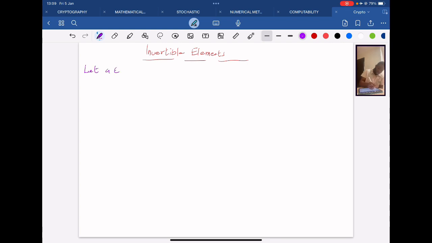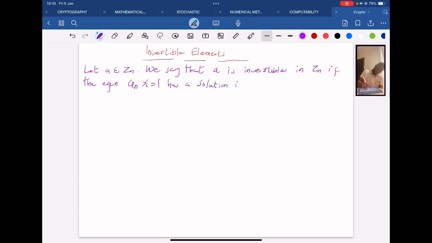Let A be a subset of Zn. We say that A is invertible in Zn if the equation Ax = 1 has a solution in Zn. So now what this is trying to say is that if we are given this equation